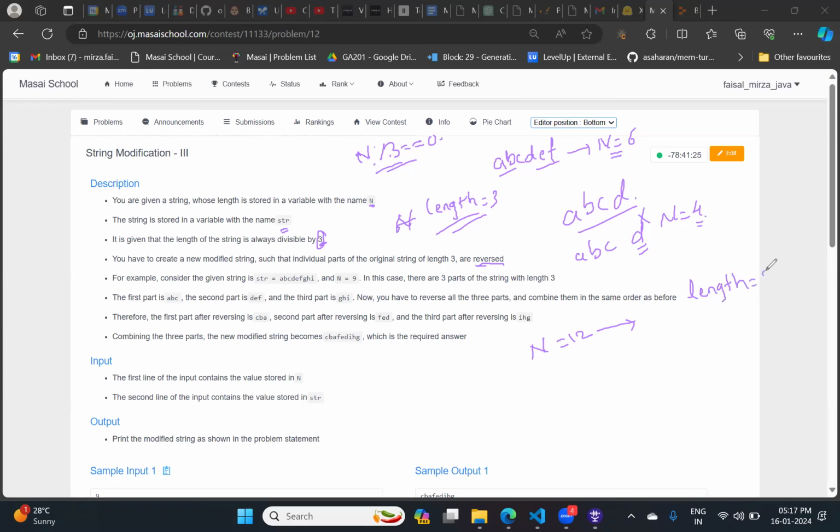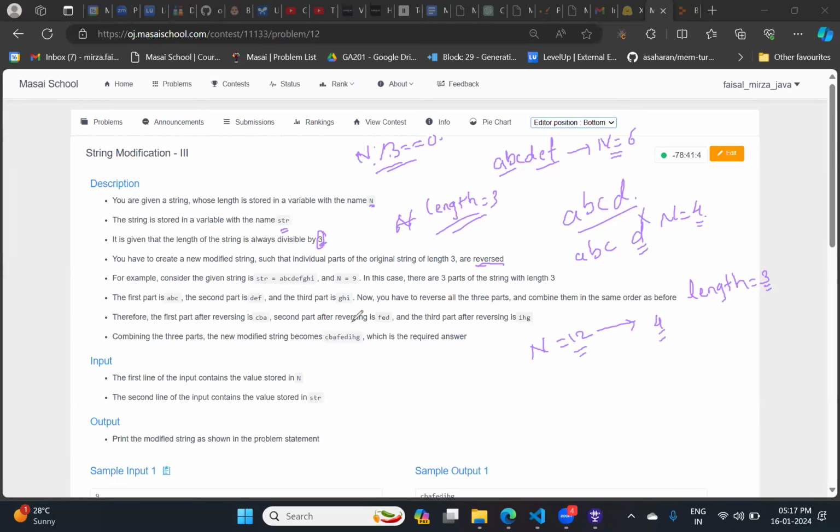How many strings can be formed, Abhishek? Sir, 4 maybe. Yes, 4. You can form 4 strings whose lengths are equal to 3.